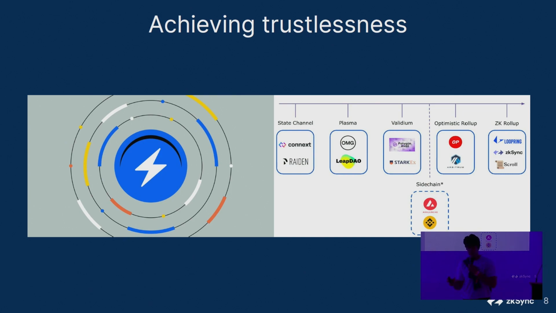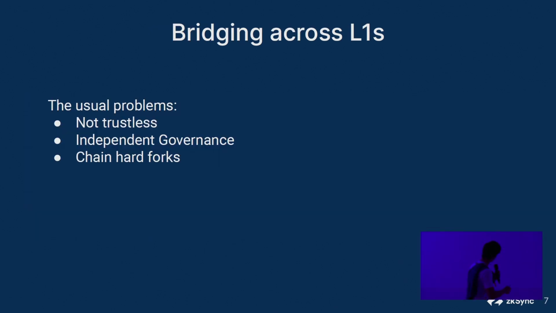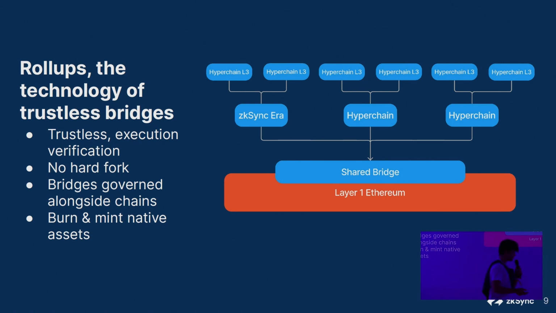So to solve the trustless bridging problem, there have been multiple attempts. The Lightning Network on Bitcoin, but also mainly on Ethereum, there have been many more attempts. State channels, Plasma, sidechains, and optimistic rollups have all been attempted. It is clear now that zk rollups offer the most security due to the cryptographic nature of the security. zk rollups prove their execution, so they are the most secure. So using zk rollups, we can have trustless bridges.